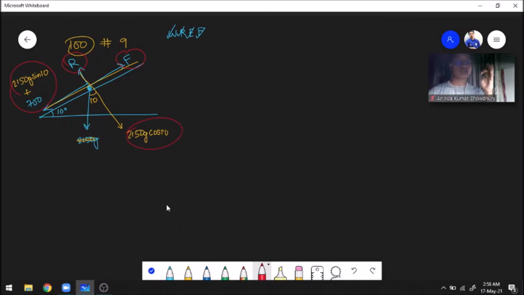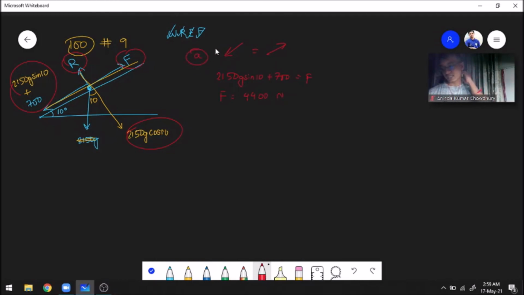As the car is moving at a constant speed, the forces are all balanced. And we have to find our value of friction, so we have to work with this line over here. Our downward forces will be equal to our upward forces. Our downward force is this, and our upward force is our friction. So downward force 2150g sin 10 plus 700 should be equal to our upward force, that is F, and your value of F should be 4400 newtons to two significant figures, of course.